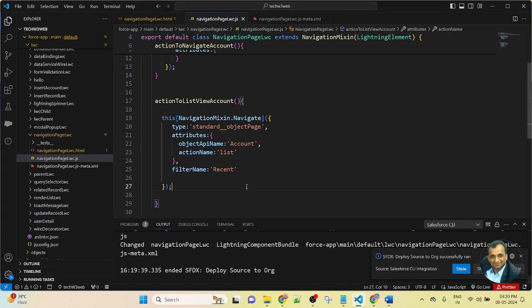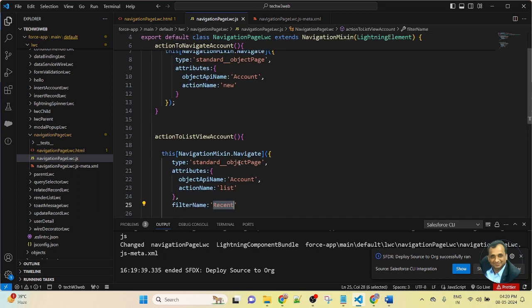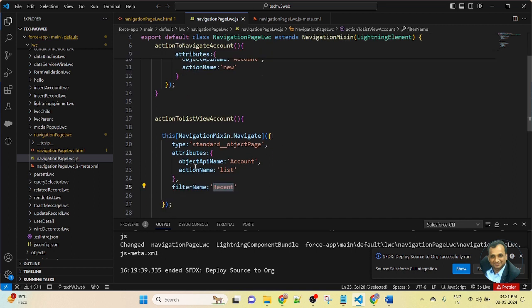So in this lesson, we have added the action equal to list, and for filter name I added recent, and everything else is the same. First I added this in the square bracket NavigationMixin.navigate. Inside the function I use curly brackets and type. In the type use standard__objectPage.